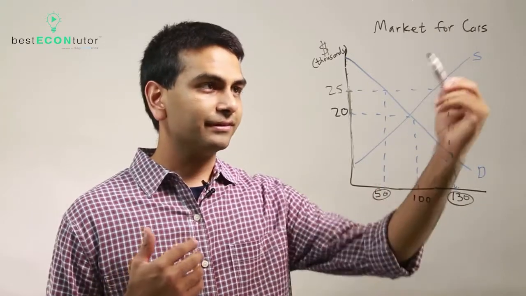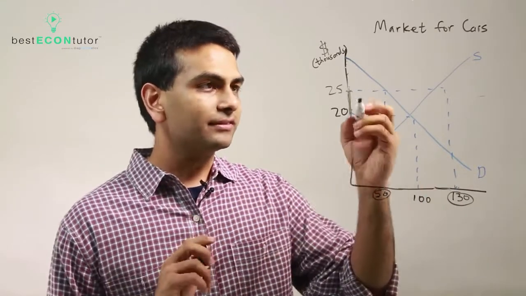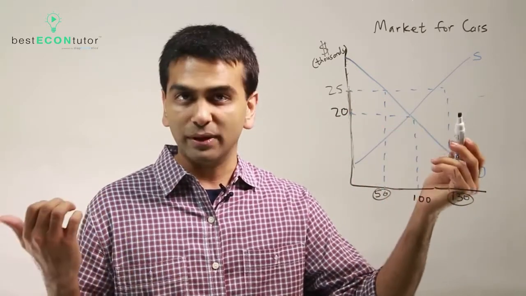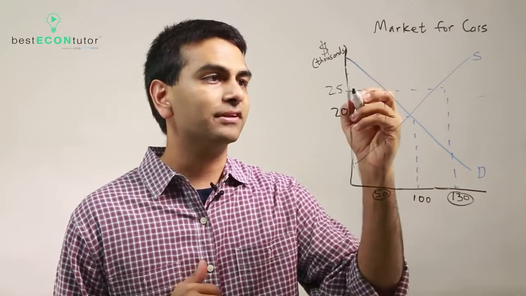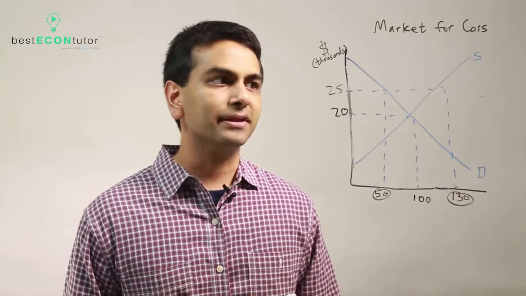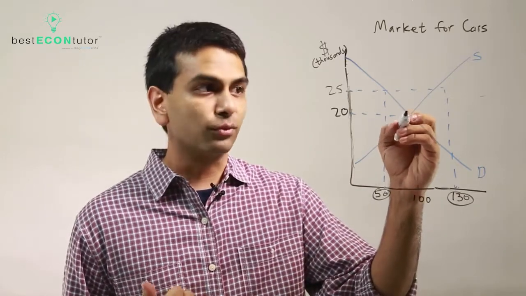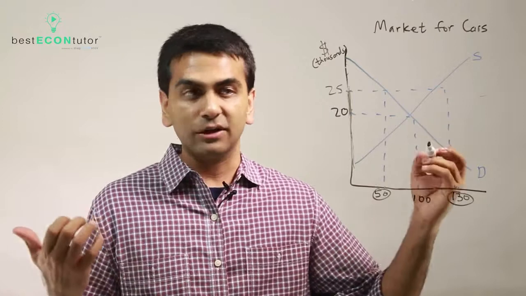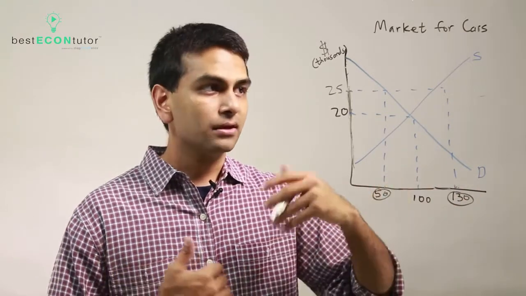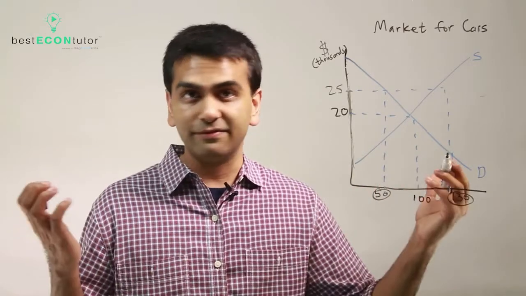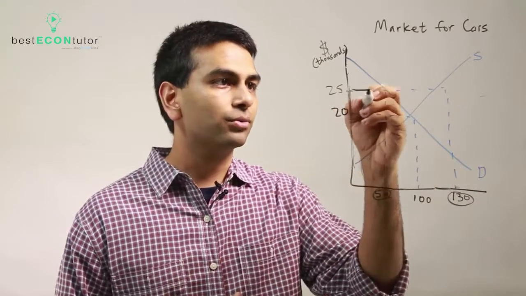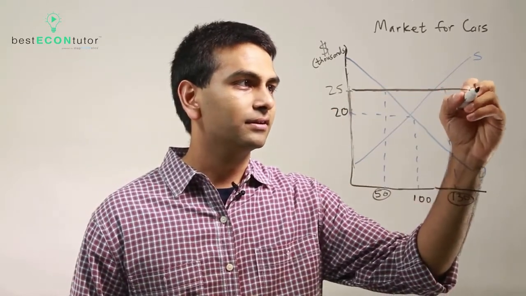So in that case, let's see. Let's say that the world price is $25,000 for cars and that the domestic price is $20,000 for cars. So what happens is now, if you're a producer in America, you're thinking, hey, rather than selling even some cars for only $20,000, I can sell as many cars as I want for $25,000. Again, that's a part of the assumptions that we make. So what that means is you're just going to set your price at $25,000, whether you're selling it to people at home or customers abroad. So $25,000, that's the world price.